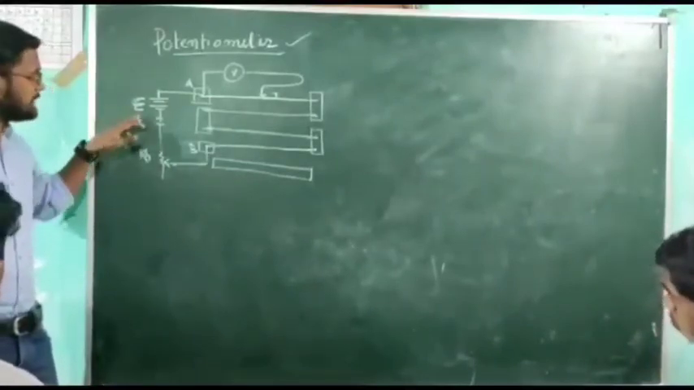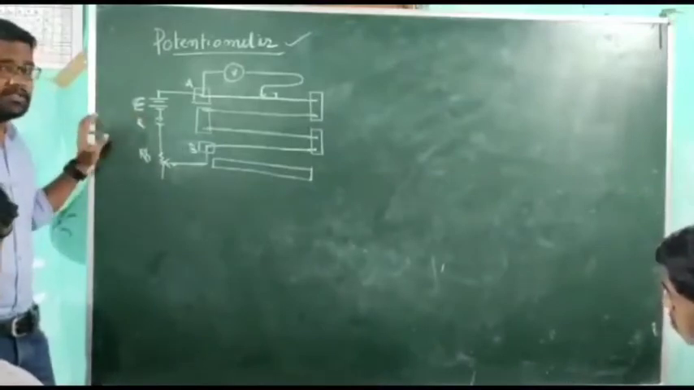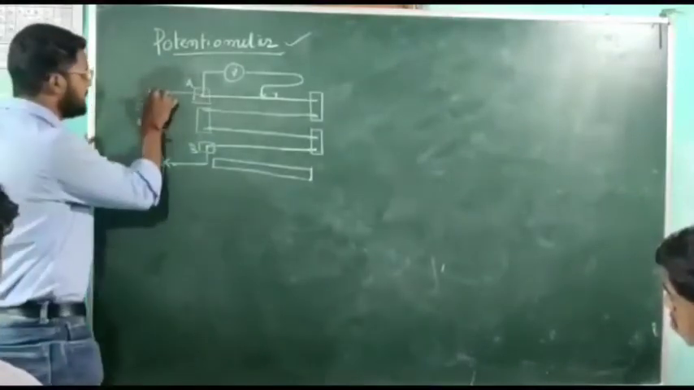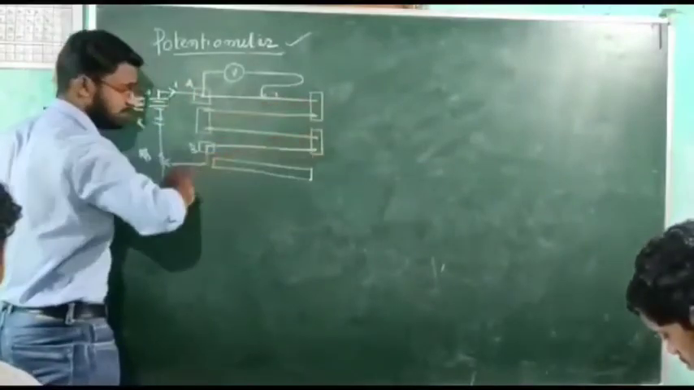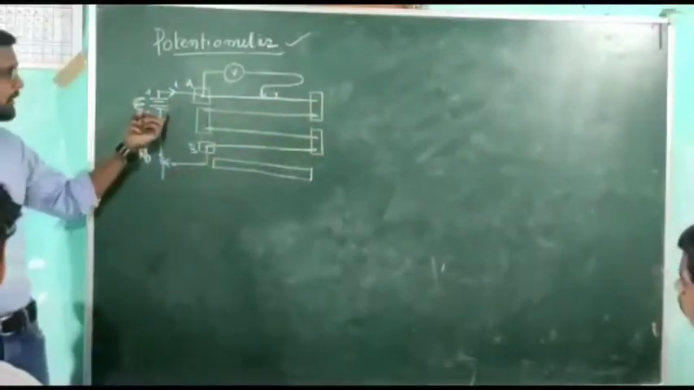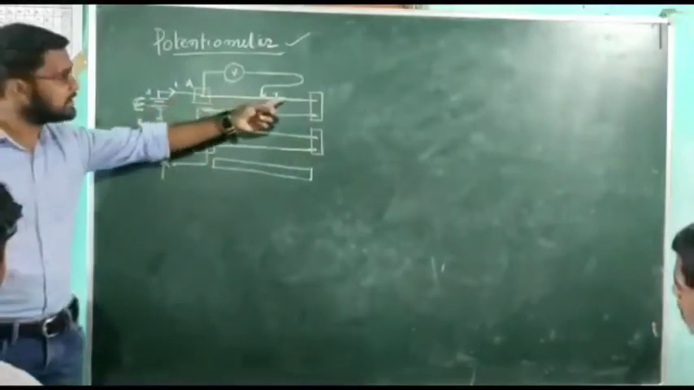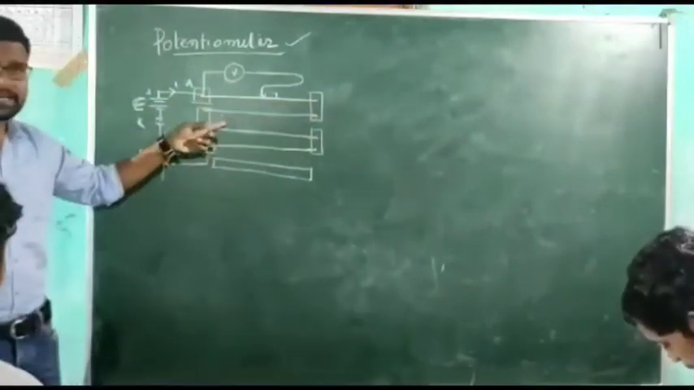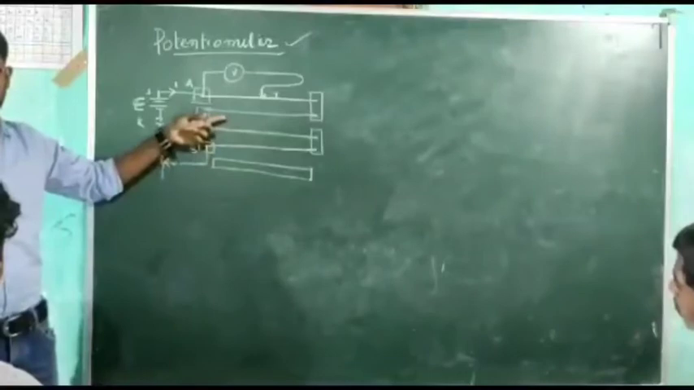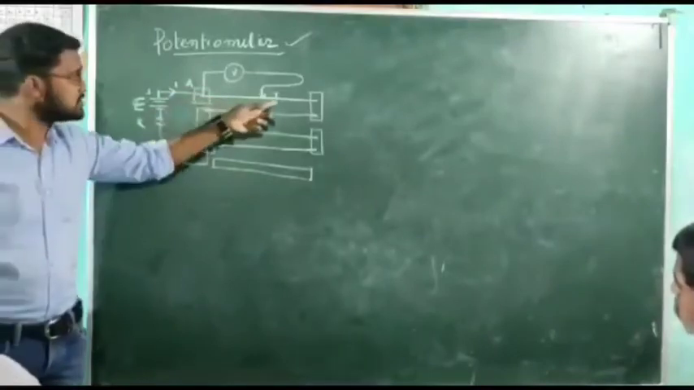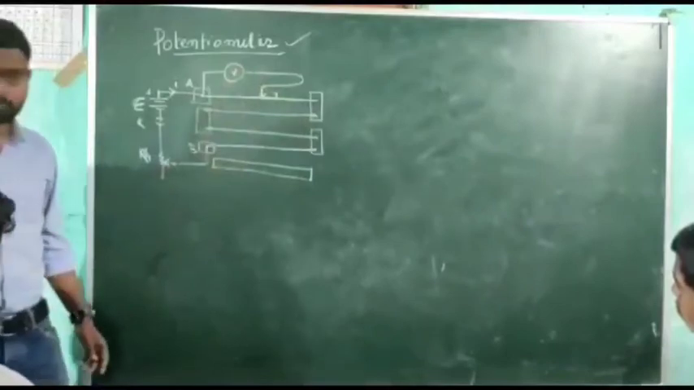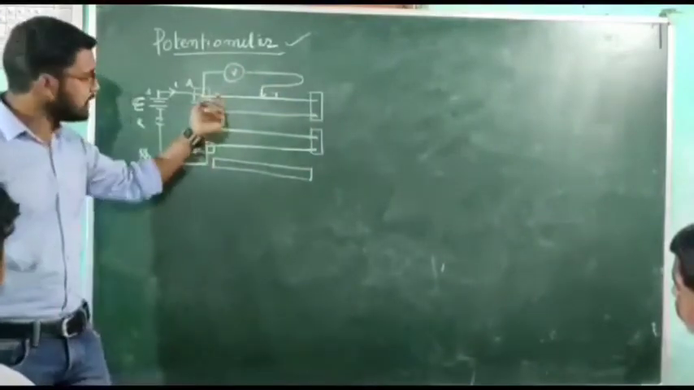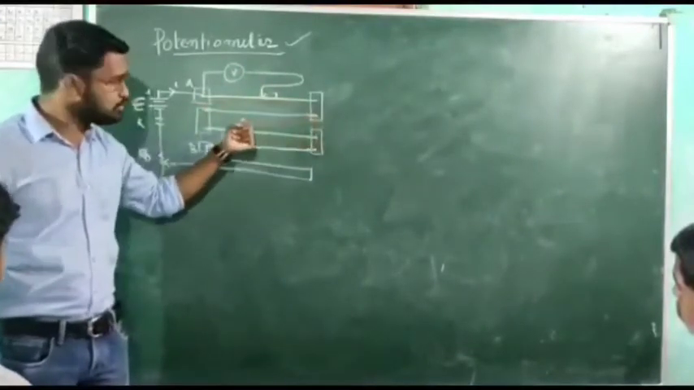Okay, so what is the function of this cell? It will maintain a constant current throughout this potentiometer wire. The work of this cell is to maintain a constant potential difference, or to maintain a constant current through this cell. The potential difference will not be constant anyway, but the current will be constant through all